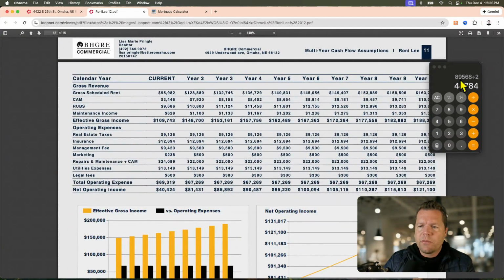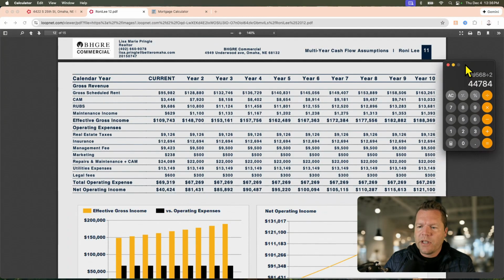Okay, so here are their projections, and here's where they try to really sell you on a vision that you're going to make a bunch of money. All right, so this is the current income. They're saying you would run it like it is for the first year, basically. And then in year 2, after your first year, you're going to work on getting all those rents up, and bam, you're going to increase everything to max capacity,